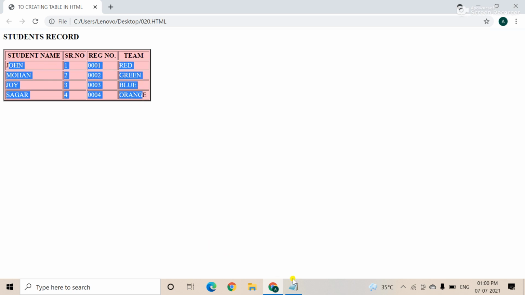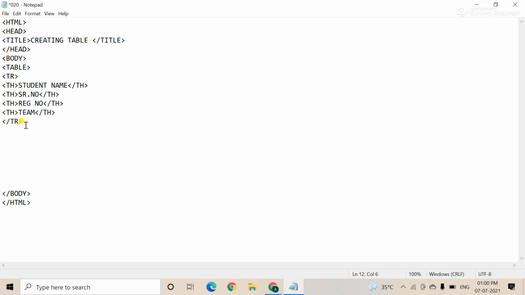Right? Table data. So again you start using tr, and then the data, td, which stands for table data. So the first data is the student name. Suppose I am entering John. Okay, see the td close. Like this, again td, and the serial number, suppose I'm entering 1.